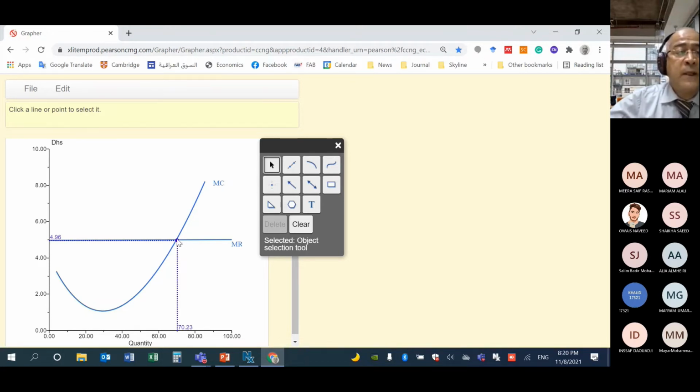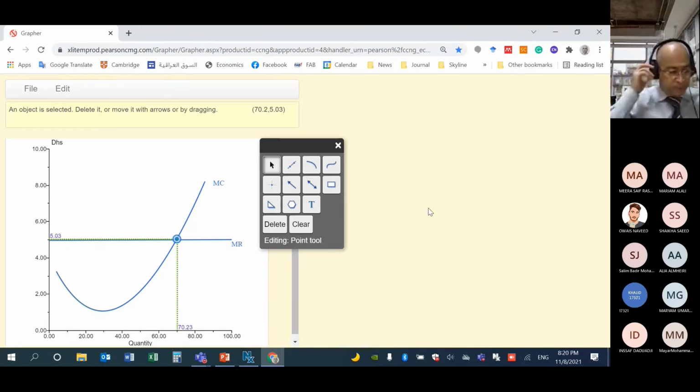At this dot, equilibrium price 5 equals marginal revenue equals marginal cost. So at the intersection point between marginal revenue and marginal cost, we will get maximum profit. What about if we are producing